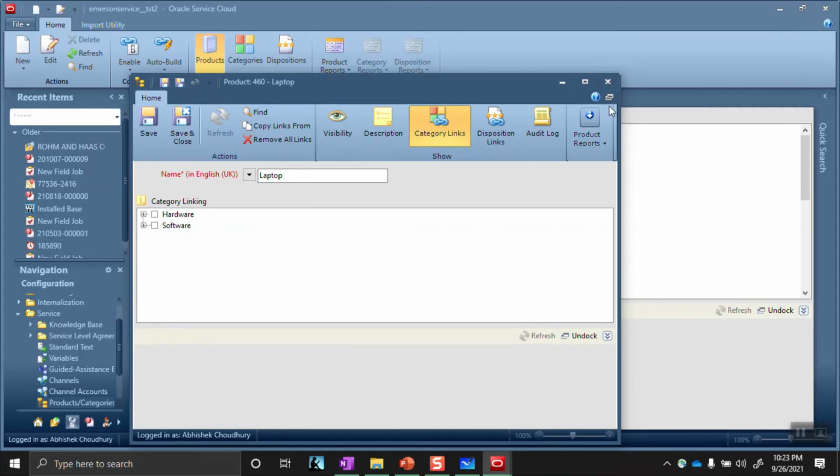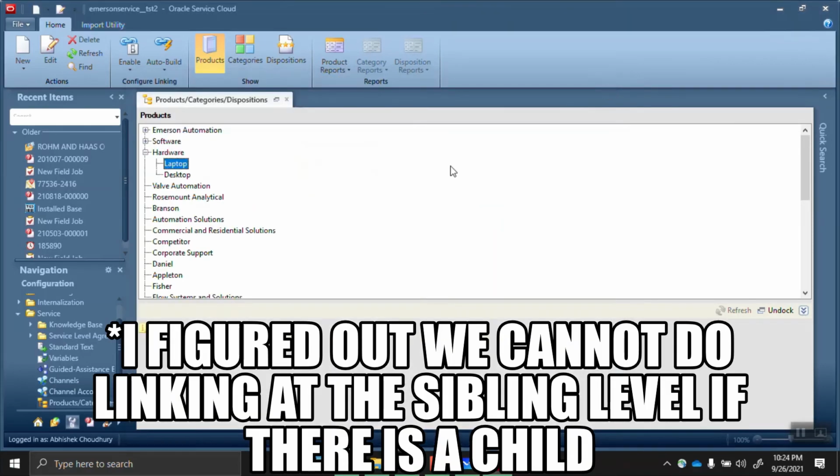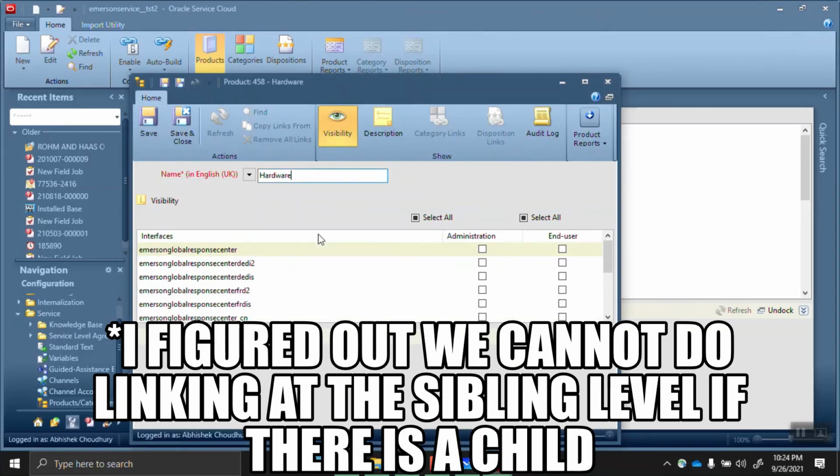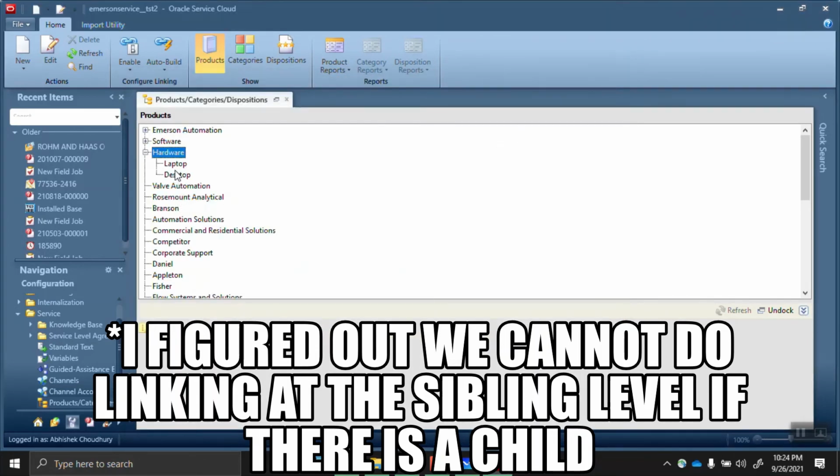Or what I can do is, since I have done the hardware categories, let me go to hardware. Okay, open that one. Okay, so this is not possible. Let me go to this laptop.